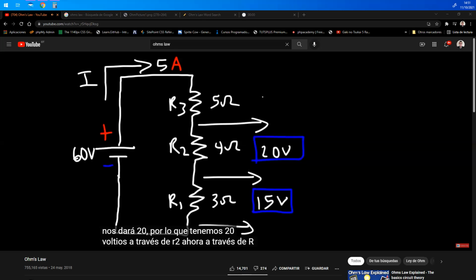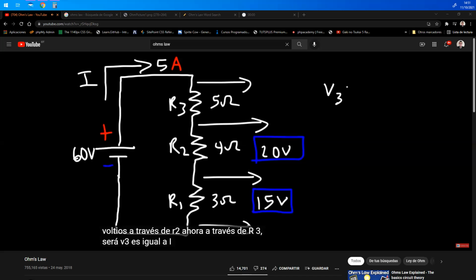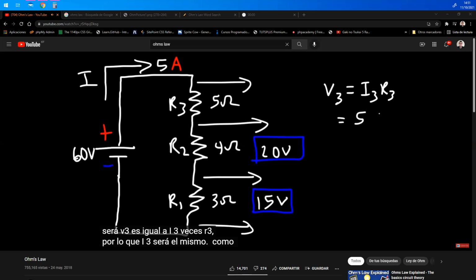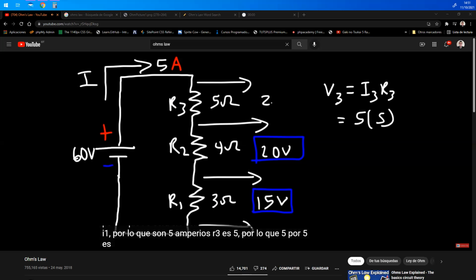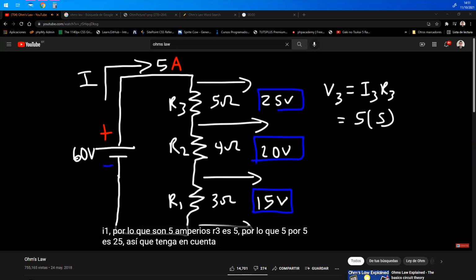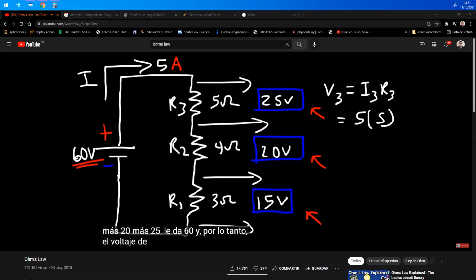Now across R3, it's going to be V3 is equal to I3 times R3. So I3 is going to be the same as I2 and I1, so that's 5 amps. R3 is 5, so 5 times 5 is 25. So notice that if you add up 15 plus 20 plus 25, it gives you 60. And so the voltage of the battery is equal to the sum of all of the voltage drops across those